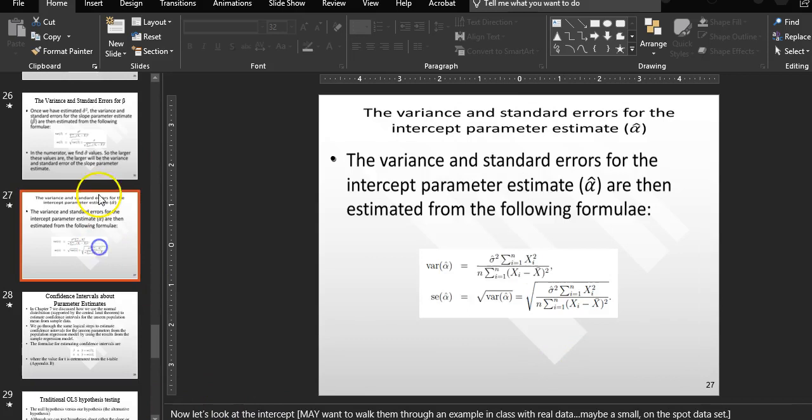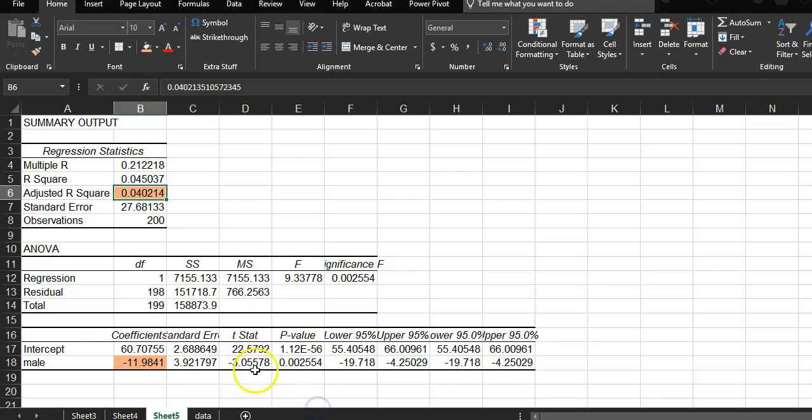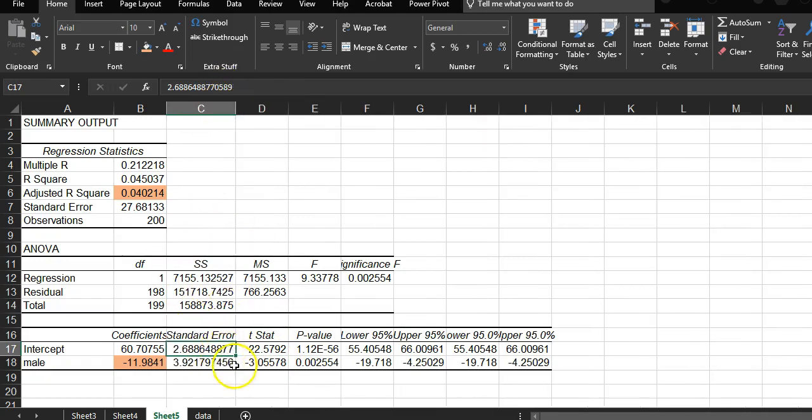Now, there is in your book a whole thing on how you calculate the standard error, but thankfully for our purposes we don't have to do that, right? Because what we can see is that they've already done that for us. They've already calculated the standard error. Let me expand this out. So this is our model with men, right? We can see that they've calculated the standard error,